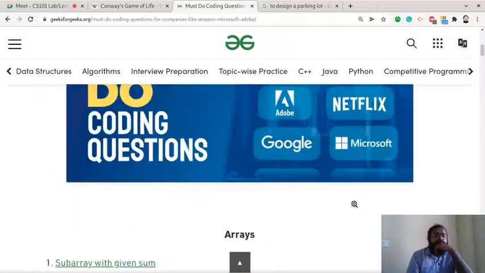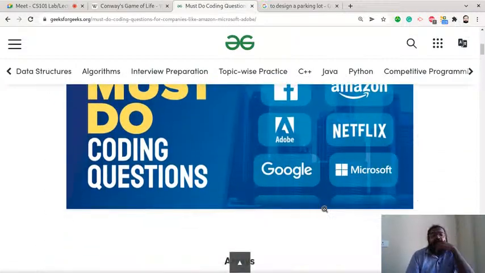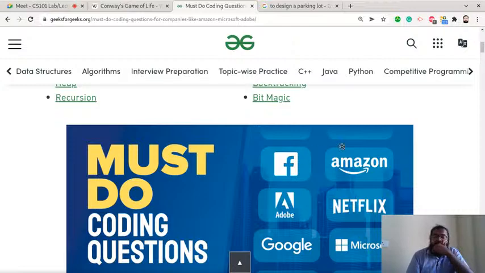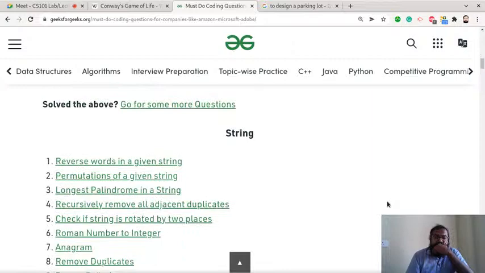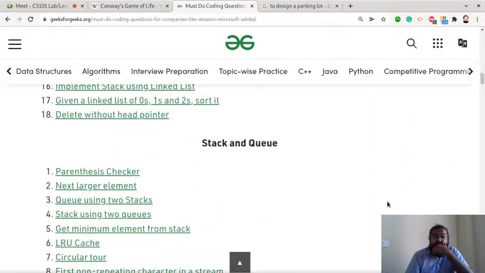You are going to use all of these things if you want to get into big companies. But you should also understand one thing: without CS101 you can't do the other questions, because CS101